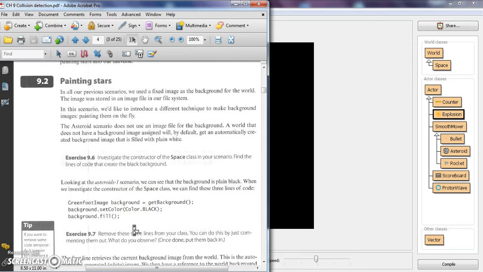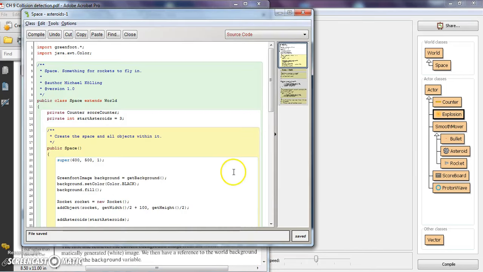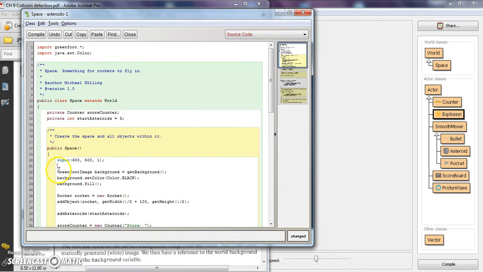Before we do all of that, we're going to make the background more aesthetically pleasing, and we are going to paint stars on the background. So the first thing that they want us to do is investigate the constructor of the space class and find the lines of code that draw the background. And the lines of code that create the background are these three. Please comment them out,